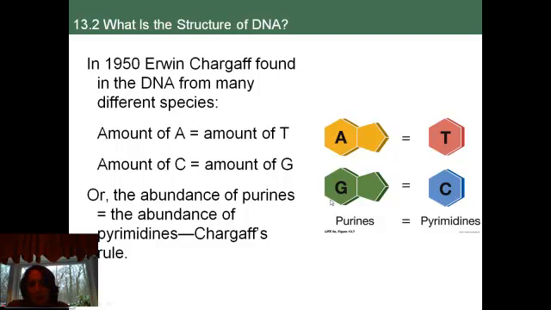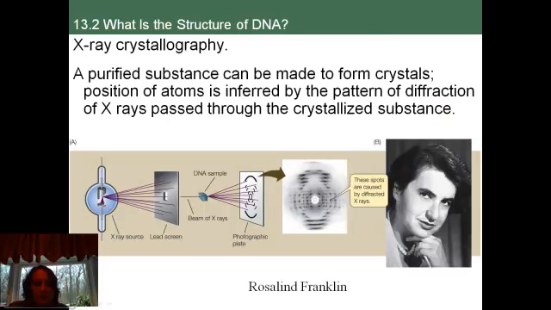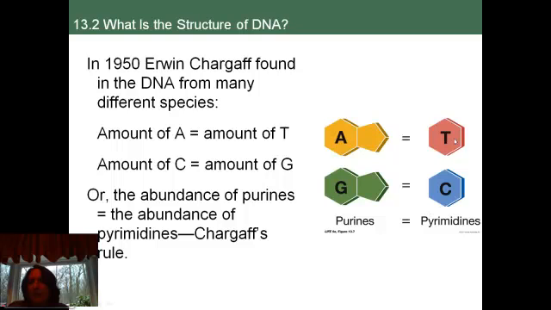And he called these purines and pyrimidines. So the A's and the G's are purines. Oops, I didn't mean to go forward. And the T's and the C's are pyrimidines. So one way to memorize this, because it is on your essential knowledge or demonstrate understanding, is that A's and